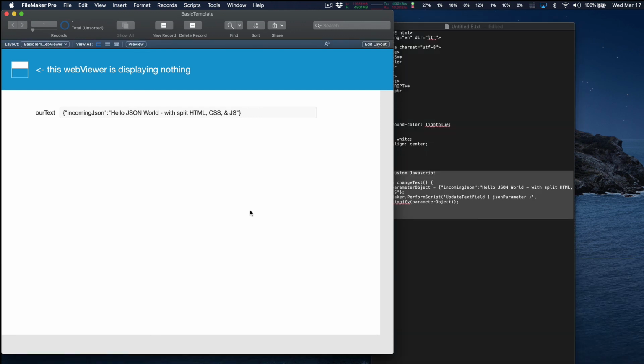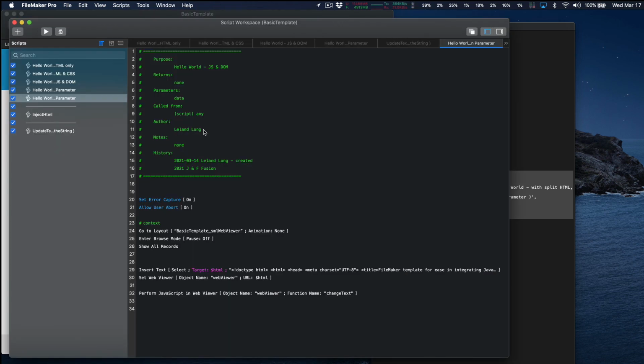But do you notice the problem I notice? Look at the string parameter that got passed into our script. It's the JSON object converted into a string. So that's not really what we were looking for. So it's partial expected behavior. If we go back into the script workspace,